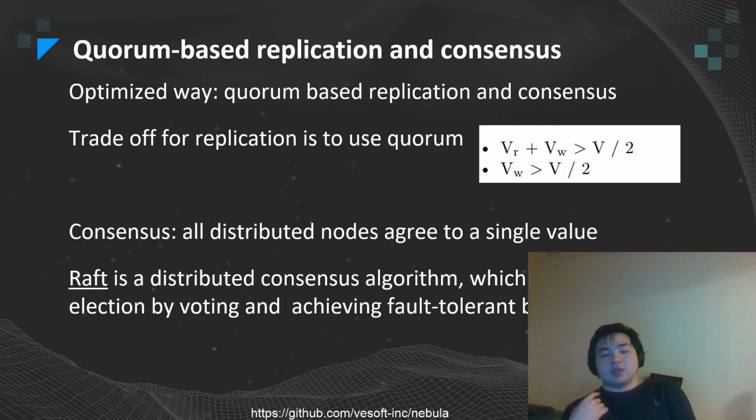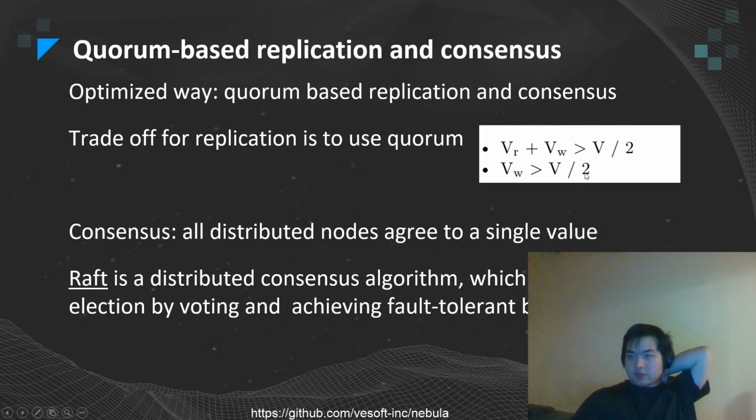For example, if there are 3 nodes, you can say a quorum has 2 nodes. And in a more mathematical way, if the read quorum number and write quorum number satisfy those 2 constraints, we can say that it is a valid quorum for the database system. And by defining the quorum, we can use quorum replication to get things done. So in here, the quorum-based replication